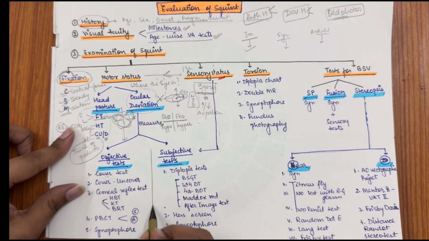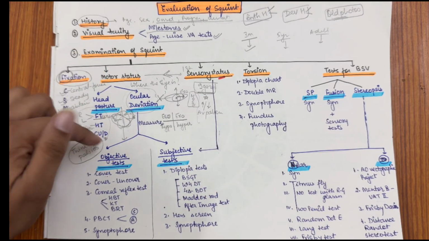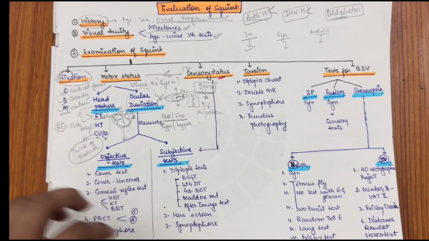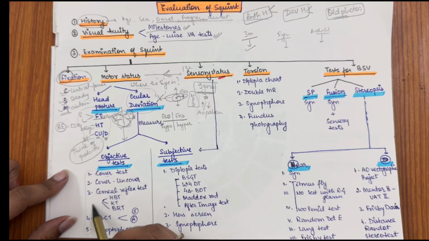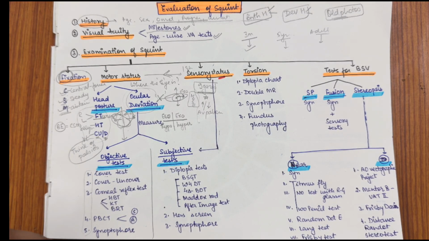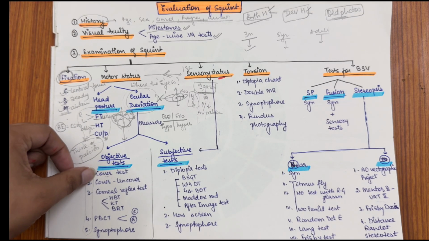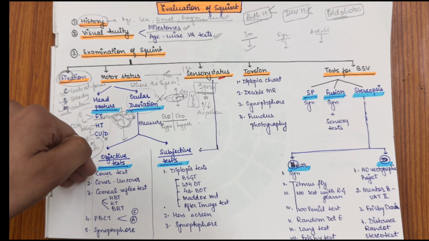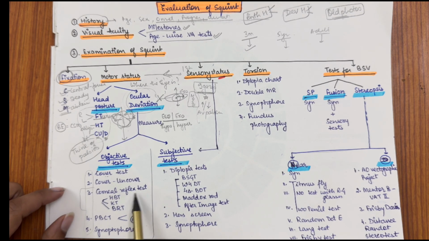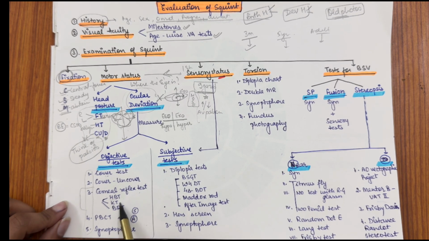Now start your evaluation to measure the angle, right? These objective tests are non-negotiable. You are supposed to know each of these tests, what they are and how to do them in a patient of squint. Here we are just going to remember the names. In my subsequent videos we will be discussing each and every point. Objective tests: remember the cover test, where you cover one eye and see the other eye, then the uncover test. Then with the help of a torch you go for the corneal reflex test, Hirschberg test, Krimsky test and